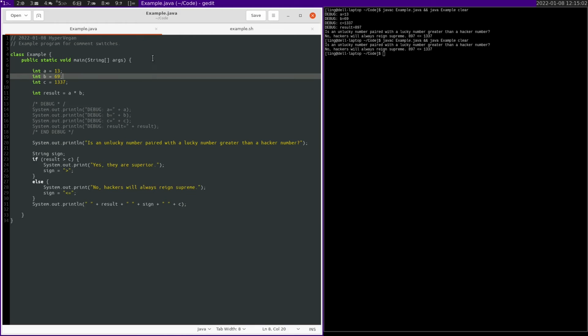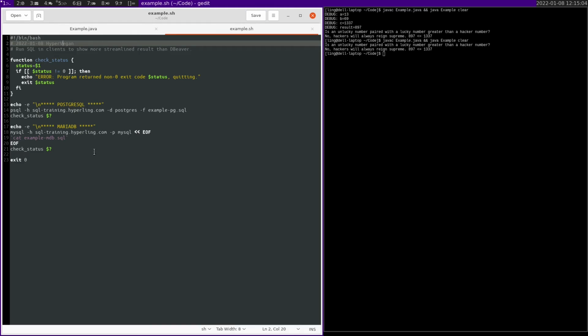So if we go back over here, I wrote a quick script to hit the databases and actually send the file straight through a client rather than using DBeaver, because I wanted to see why DBeaver was doing that, and that was before I did the MariaDB part. So turns out Postgres, it acts the same through psql as it does through DBeaver. So if I run example.shell,